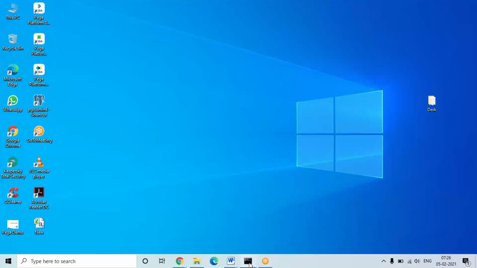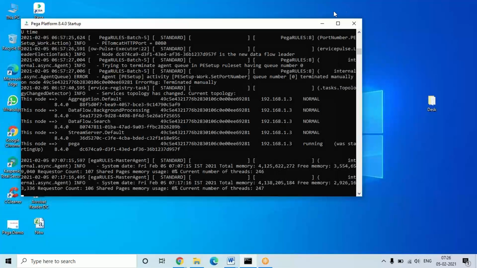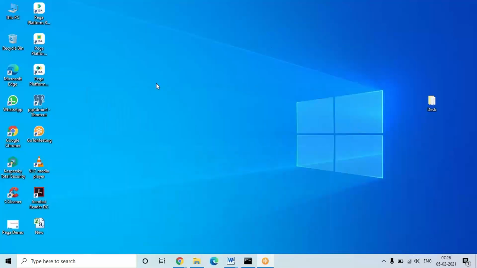This window is the command prompt window, so you just minimize it and put the system in hibernate mode. Otherwise, if you shut down your PC every day, you have to click on the shutdown icon. Next day morning, if you want to open Pega, you need to click startup, and after that click on login. If you click on login, the application will open in a browser.